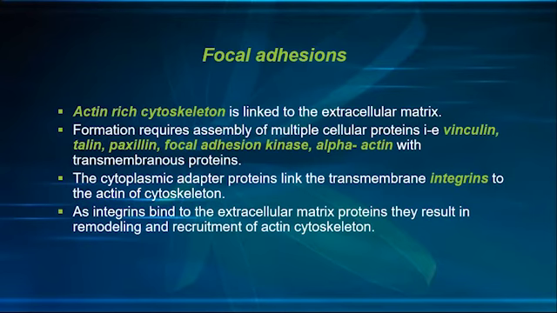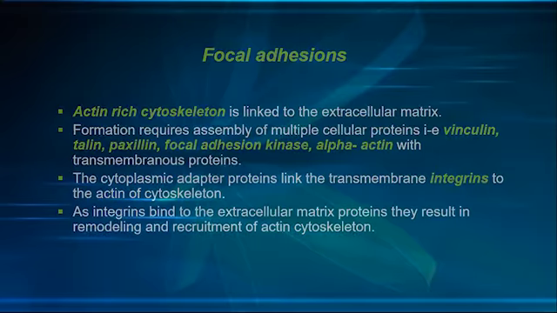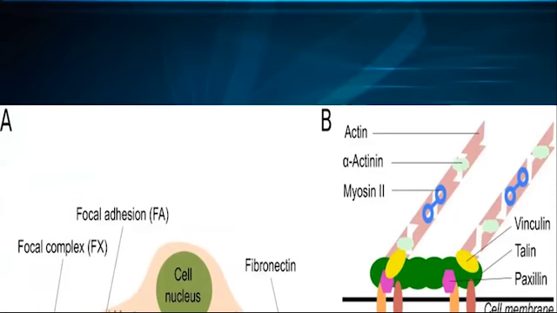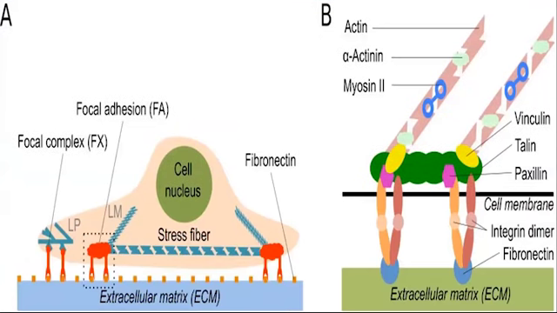So what is going to happen is that the integrins are going to bind to the extracellular matrix through the cytoplasmic adapter proteins। ठीक है, ये पूरा स्ट्रक्चर किस तरह से होता है। ठीक है, if you look at this picture over here, you have A and B images। ठीक है, इसमें अगर आप A इमेज पे फोकस करें तो वो आपको बता रहा है कि पूरा एक जो सेल का स्ट्रक्चर है वो किस तरह से it is sitting on the extracellular matrix।